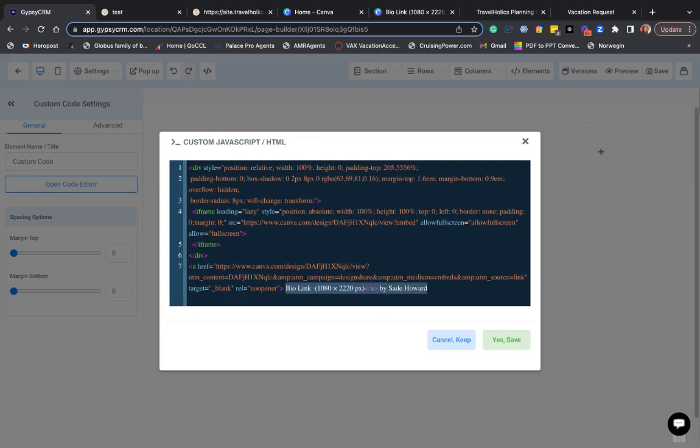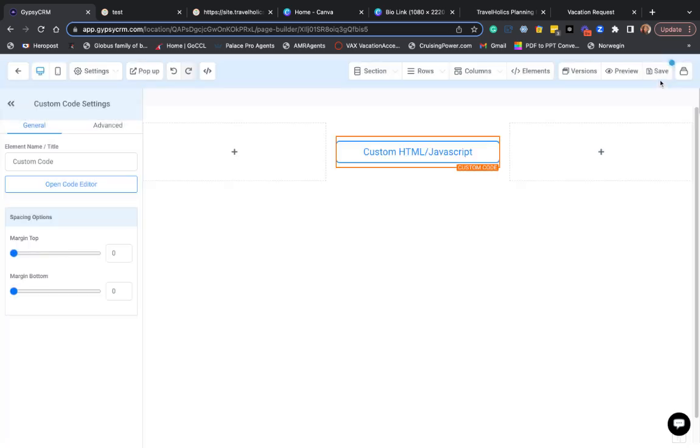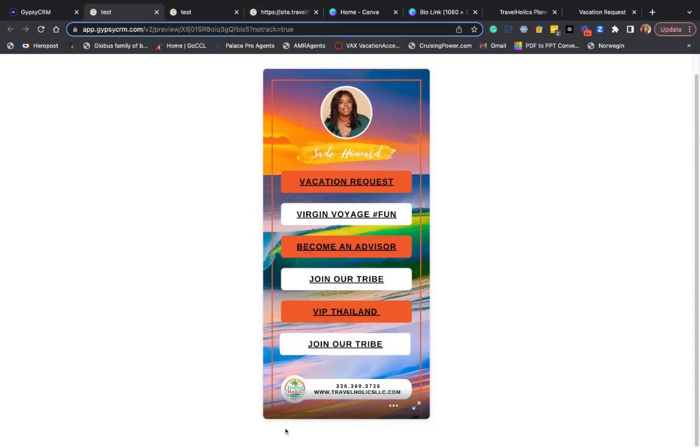1080. If you just copy it and click off, delete it, you can click save again, preview, and as you can see, it is gone from the bottom. So keep that in mind, and I hope that this tip is very helpful for you and that you guys